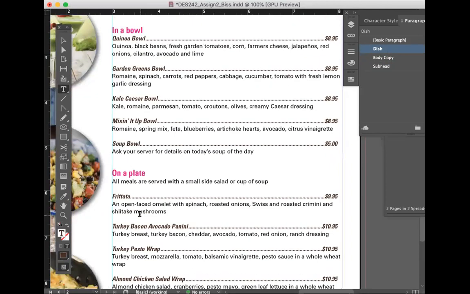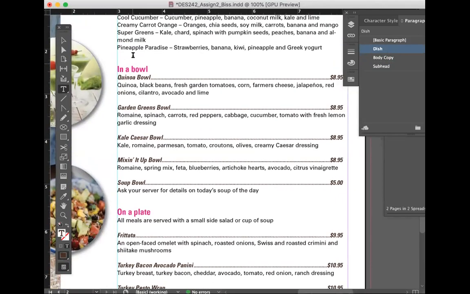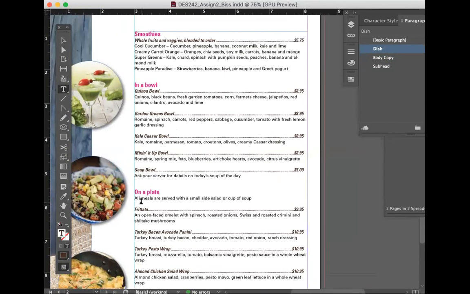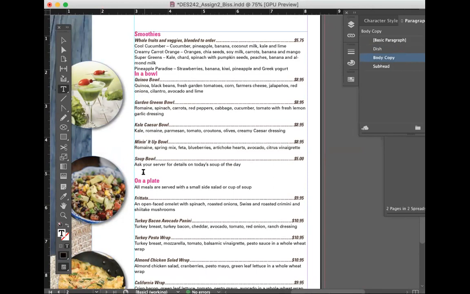Okay. Now I put a little bit of extra space in between each section, which also helps with visibility. And you can adjust that too, instead of having an actual return, 2 returns in between here. But that would be something that you would have to adjust in your body copy. So let me get rid of the spaces in between here and I'll show you.